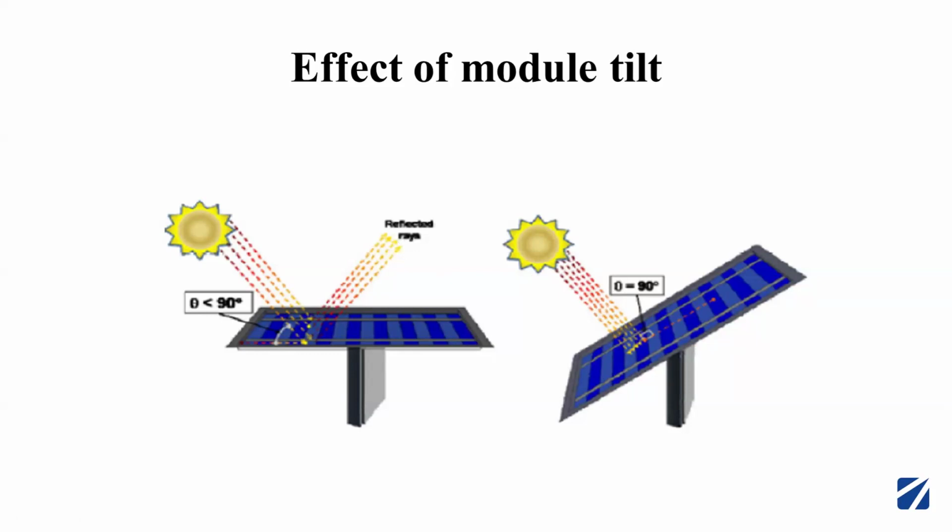And for Indian conditions, because we are in the northern hemisphere of Earth, throughout the year we see the sun towards the south. So mostly throughout the year, we keep the modules oriented towards south, with a tilt equal to the latitude of the location. So this is about the effect of module